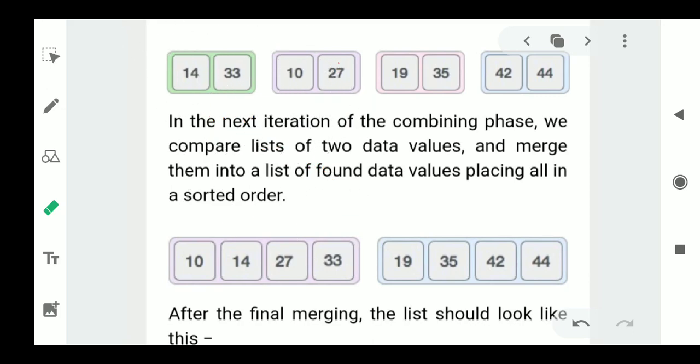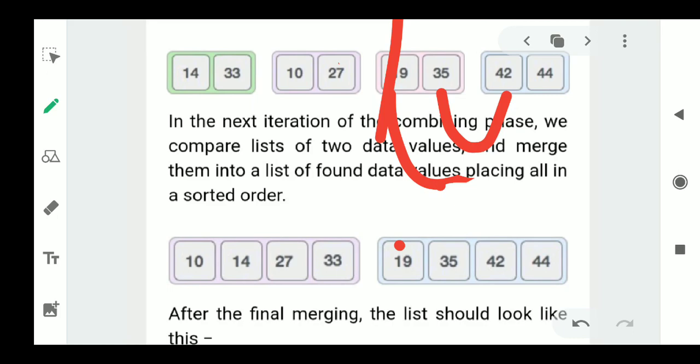So similarly, we will compare here. You will see the list here: first element and first element. 19 is smaller, so we have taken 19 and erased it here. 19 is not there in the list now, because we have taken it out. Then you compare the next element with the next element. Since the first element is not there, you compare the second element with the second element.